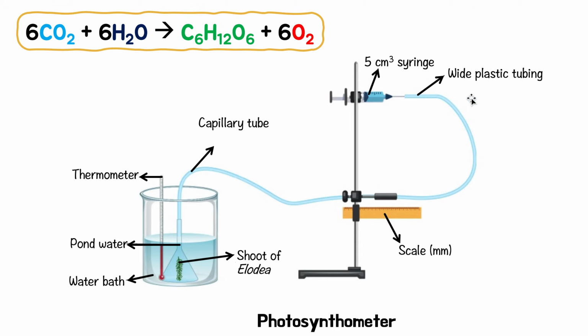You guys might use this when you actually do this in the lab. I'm not sure what your teacher will do with you guys, but this is called a photosynthometer. And what it does is it measures the amount of oxygen produced much more accurately than counting bubbles. You'll get much more used to how this works when you actually carry it out yourself. Just know that the photosynthometer is much more accurate compared to just counting bubbles.